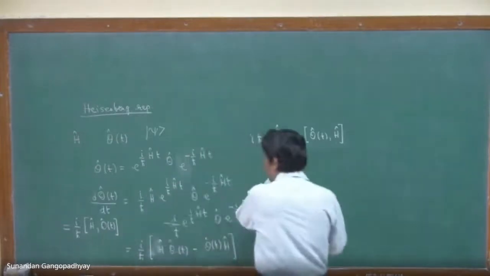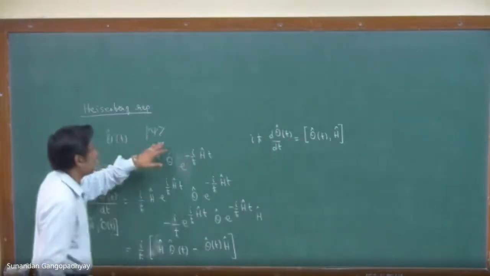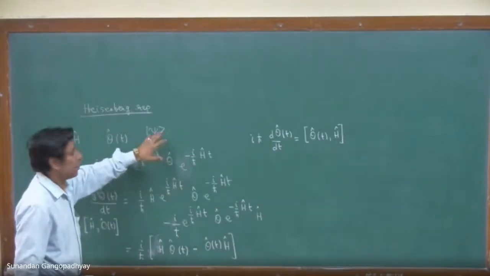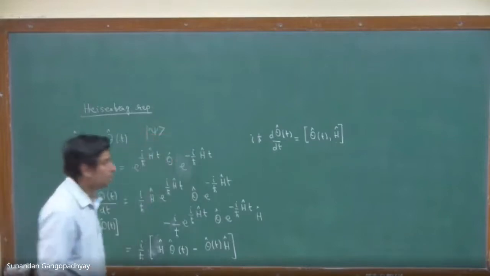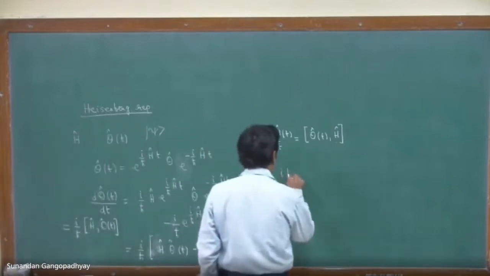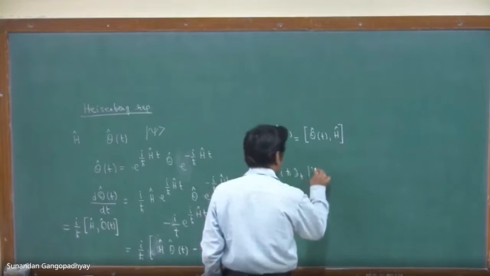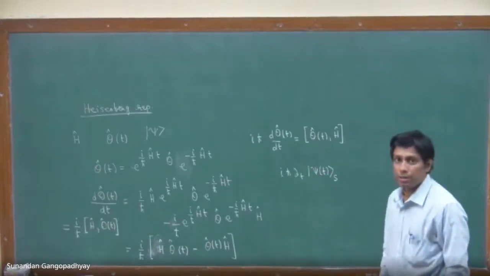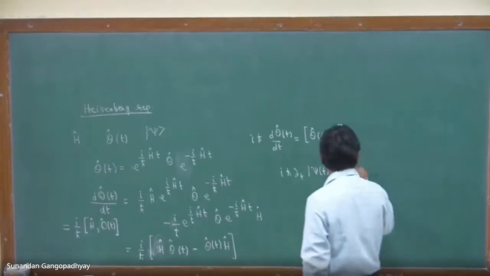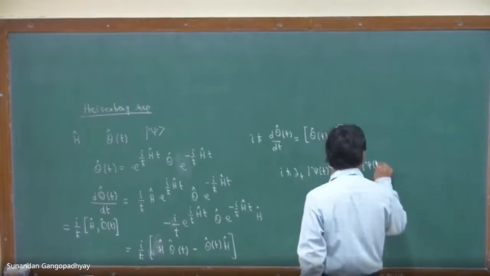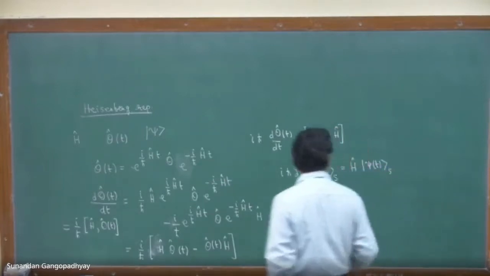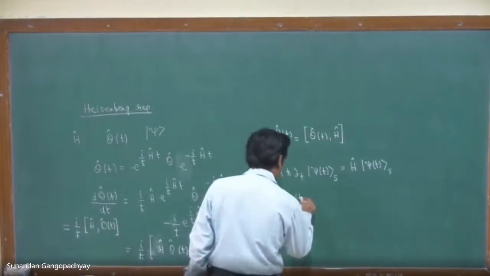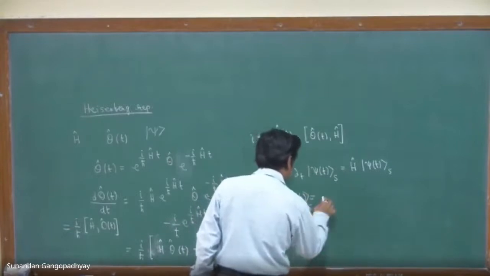So now let us see how the state kets in the Schrodinger representation are related to state kets in the Heisenberg representation. All of us know this because you have the Schrodinger equation. This is the state ket in the Schrodinger representation. This is time dependent, and that is equal to H hat. This is the time dependent Schrodinger equation. H hat is time independent, and from here you can immediately write that psi t is